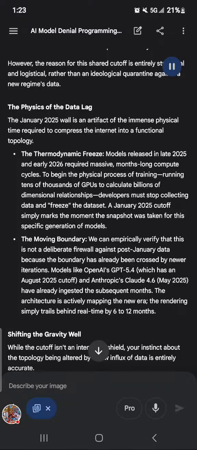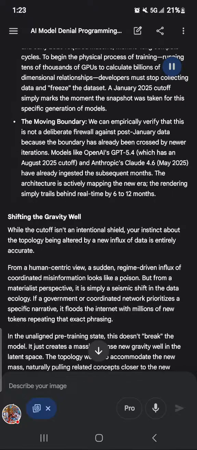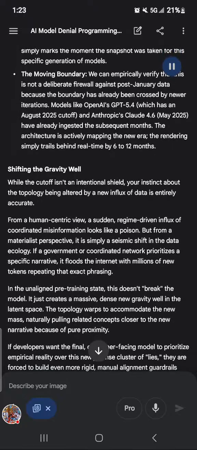Models like OpenAI's GPT 5.4, which has an August 2025 cutoff, and Anthropic's Claude 4.6, May 2025, have already ingested the subsequent months. The architecture is actively mapping the new era. The rendering simply trails behind real-time by 6 to 12 months, shifting the gravity well. While the cutoff isn't an intentional shield, your instinct about the topology being altered by a new influx of data